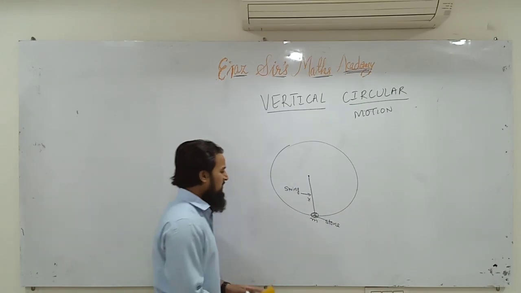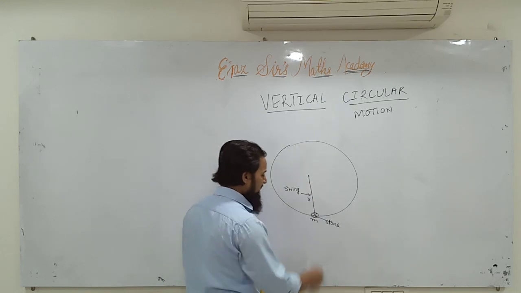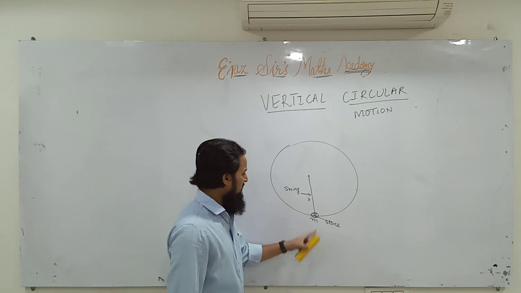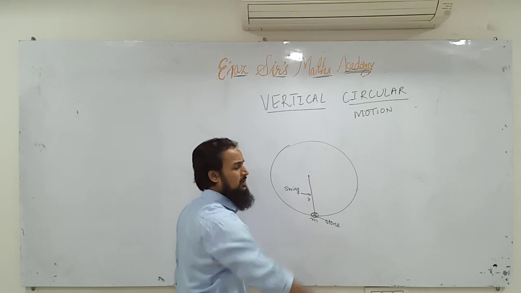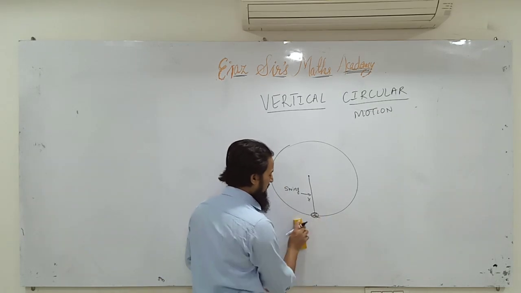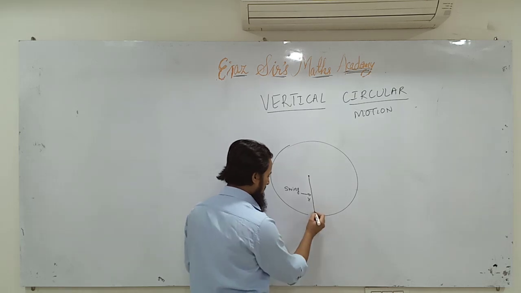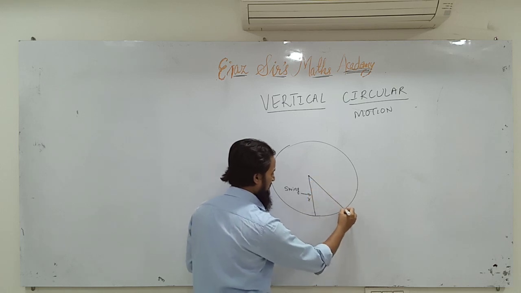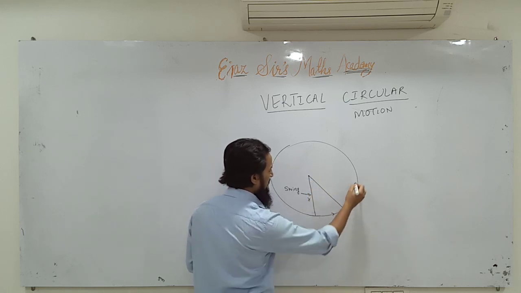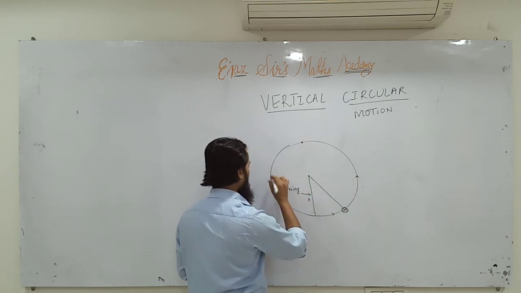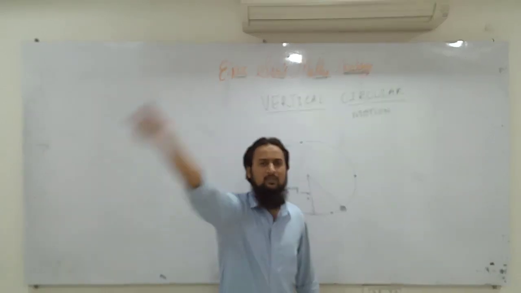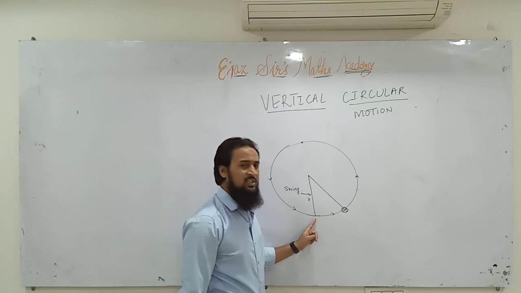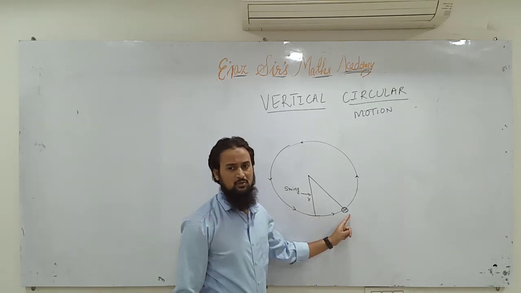Now let us consider that in this position the stone is acted upon by gravitational force. The stone has not covered any angle; I have not revolved the stone in a vertical circle. After some time t, instead of being here, I have pulled it to this position. Why has the stone reached another position? Because I am revolving it in a vertical plane, and hence the stone which was initially here has now reached this new position.